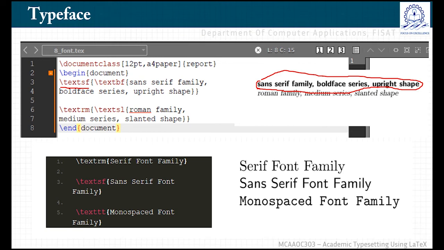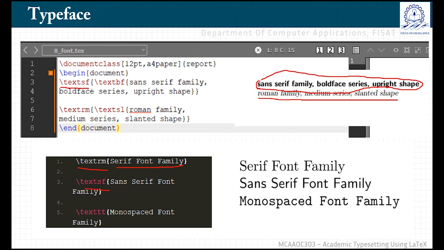Okay, coming to the next example, I am here using \textrm, Roman family, and slanted. Let's see how it appears slightly slanted forward. So this is achieved by using two different commands. See this box, the same thing is given in another example, \textrm. It is displayed in serif font family. This text is displayed in Roman family, and if you want to get sans serif font family, use this